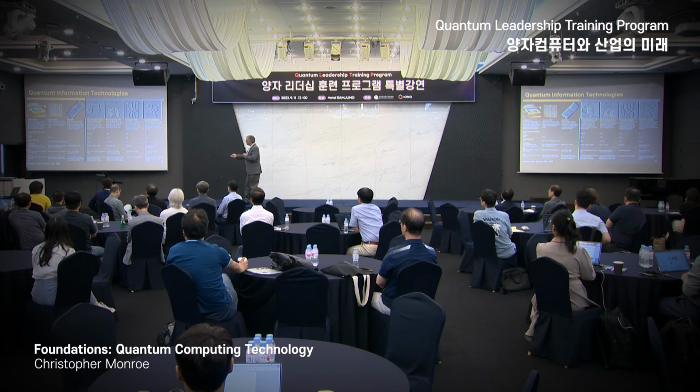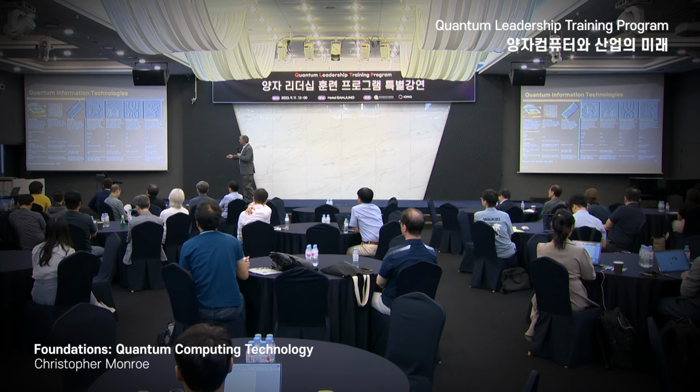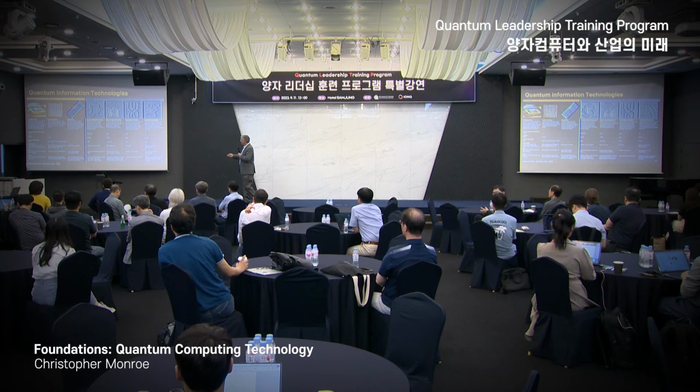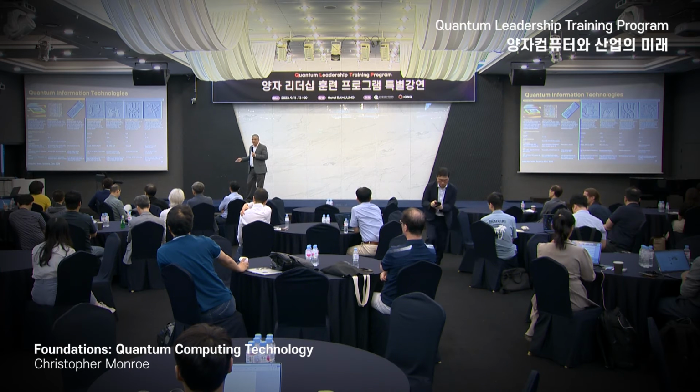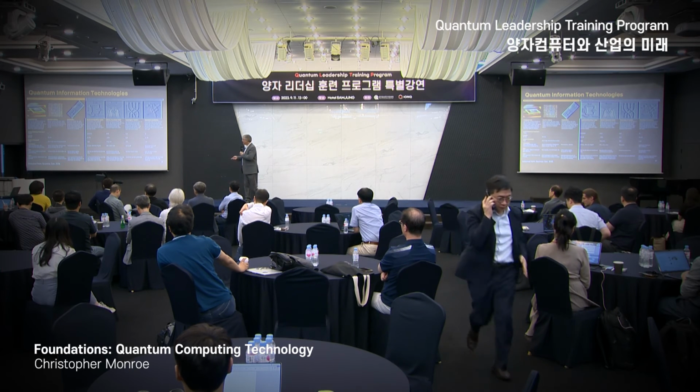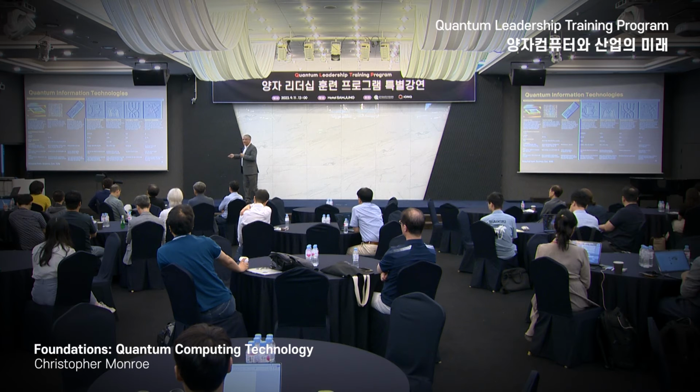So superconducting loops are probably the most advanced that have been built into systems. There are silicon spins that people have put a few qubits together, but nobody really knows how to scale. In fact, nobody really knows how to scale any of these things. I think there's a lot of physics needed.